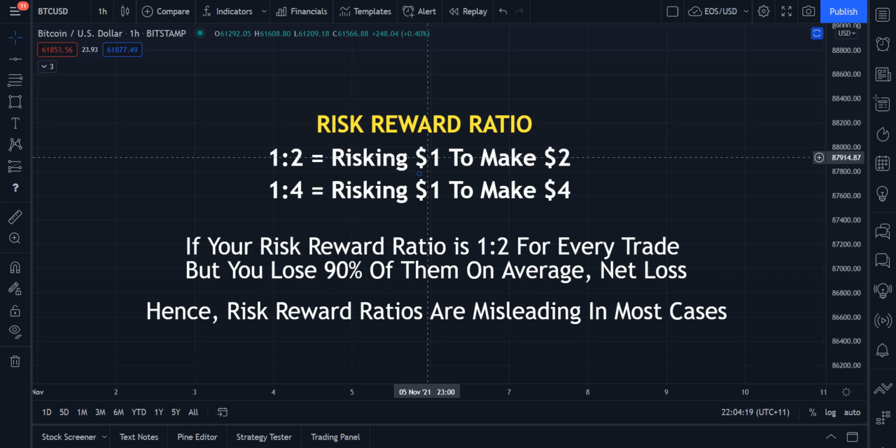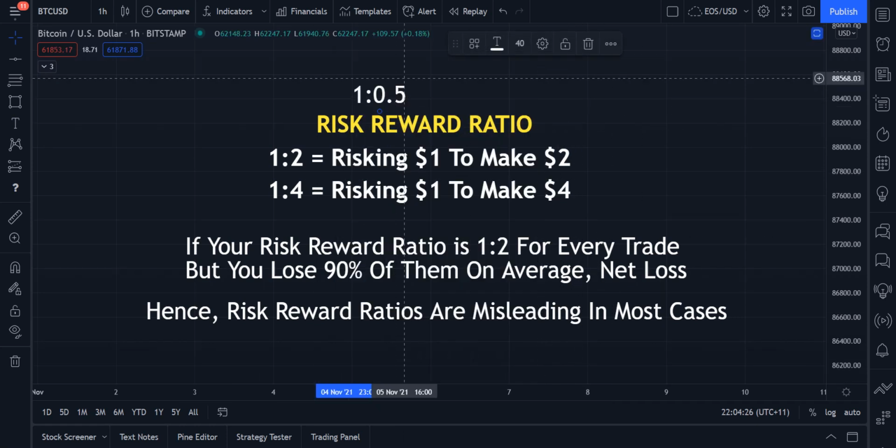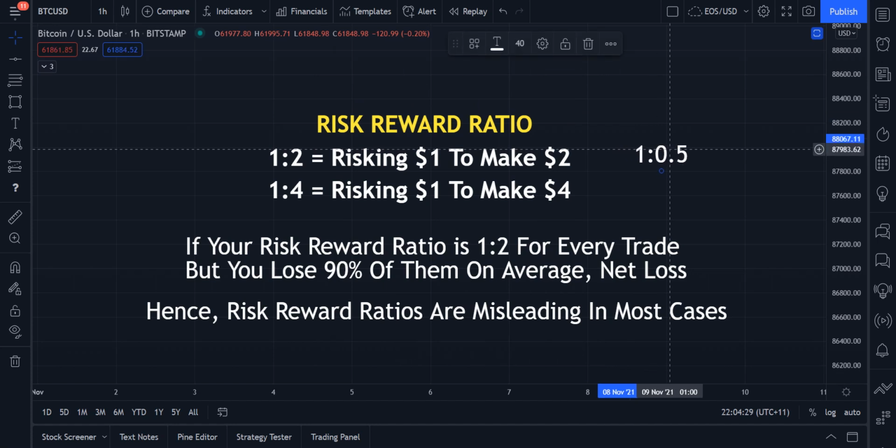For example, if you had something like a 1:0.5, typically this looks like a bad risk-reward ratio, but it actually doesn't need to be. It could actually be very preferable. Just to explain, this means that for every $1 you're risking, you stand to gain 50 cents, right? On paper this seems bad in comparison to a 1:4, but the fact of the matter is, if you're taking 1:0.5 trades, but you profit on 99% of them, you're going to be coming in at a massive net gain, right? So it's all about what percentage of the trades you actually profit on as well.